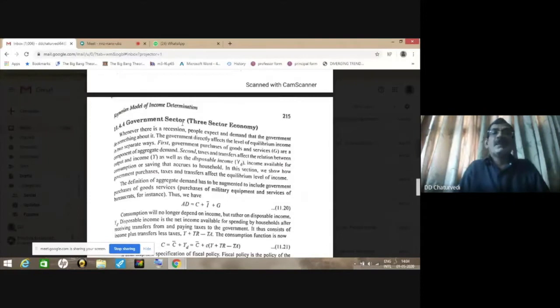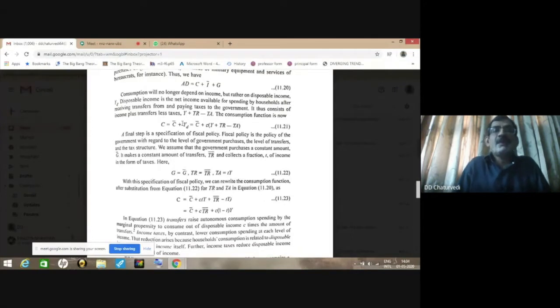And the new equation for the economy will be AD is equal to C plus I plus G. And this is given in equation number 11.20, which is just before you. We are going to expand this equation,